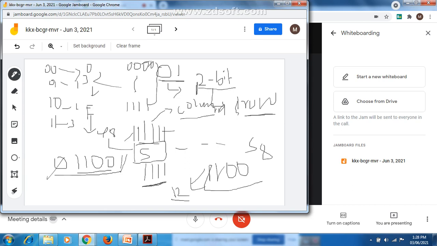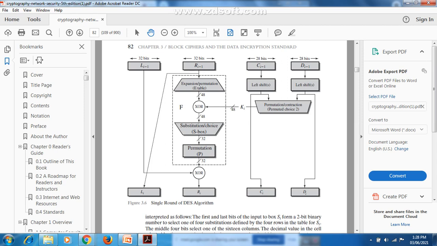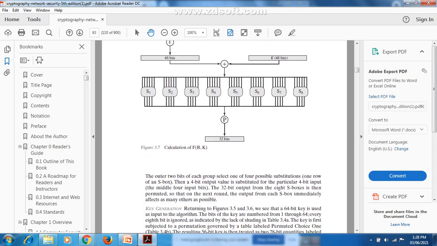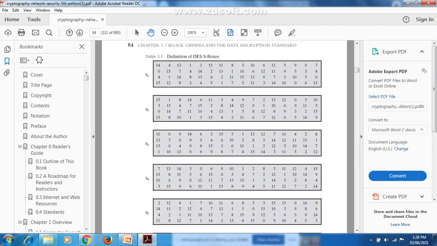Do you know how to convert binary to decimal? It is number 12. So what is it selecting using this binary format? It is selecting the first row, the 12th column. Whatever value is there will be represented by the 4-bit output.